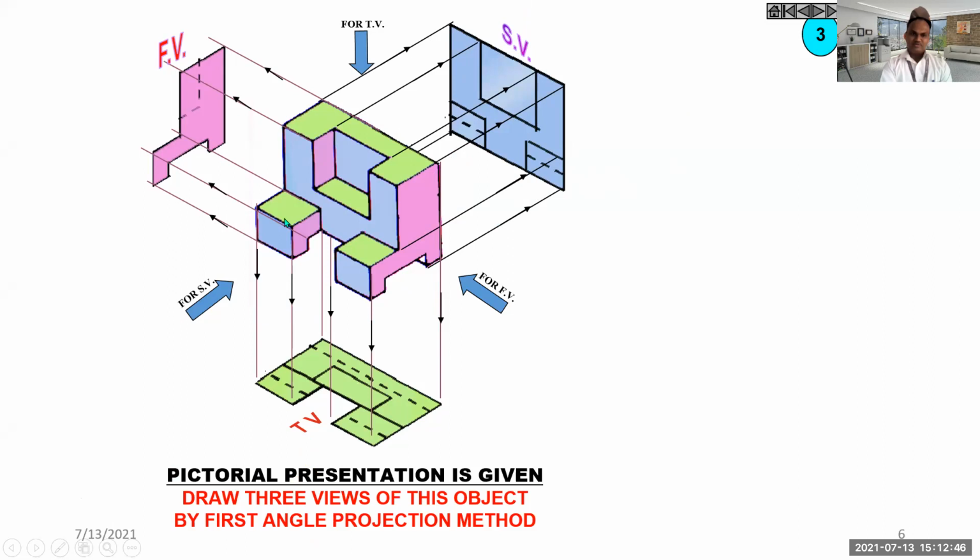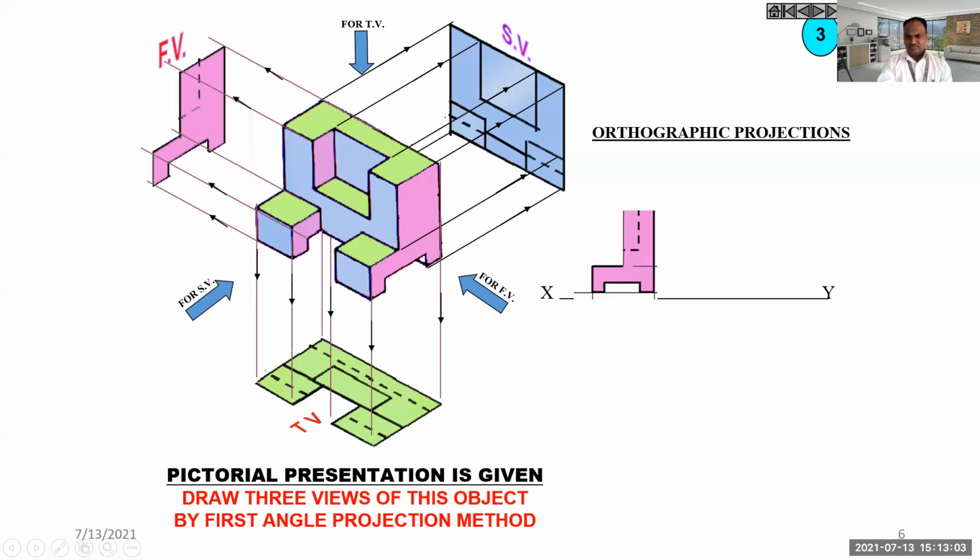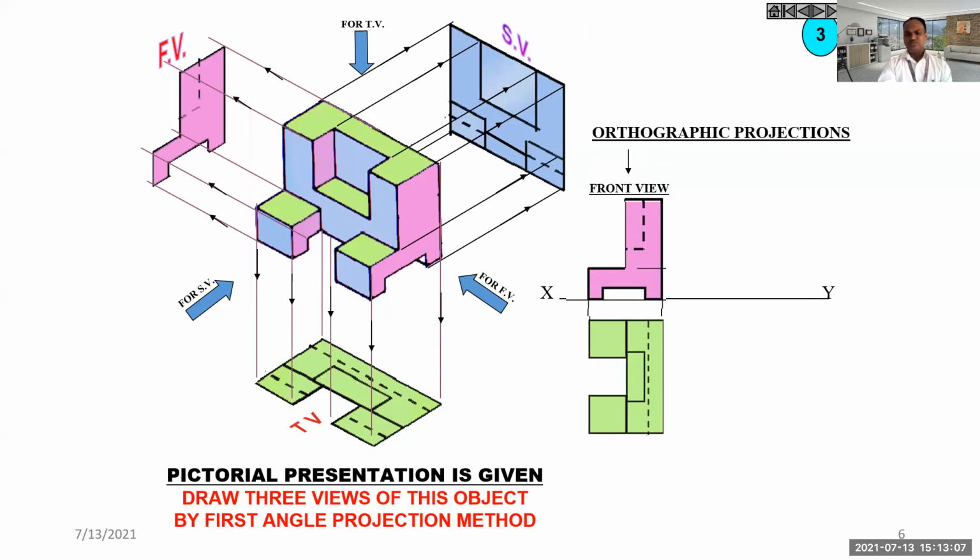Again, this line will be dotted and this line also will be dotted. Oh, sorry, this line will be visible here because it has been cut in between. ये कट है, इसकी वजह से यहाँ पे पूरा लाइन दिखेगा आपका. So this is your front view, this is your top view, and this is your side view. Okay.